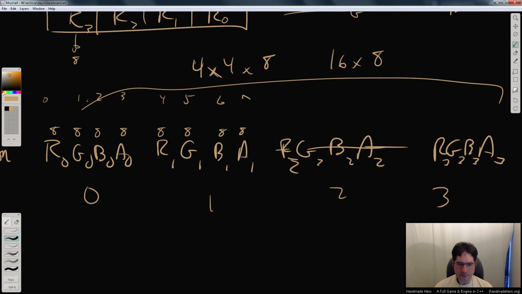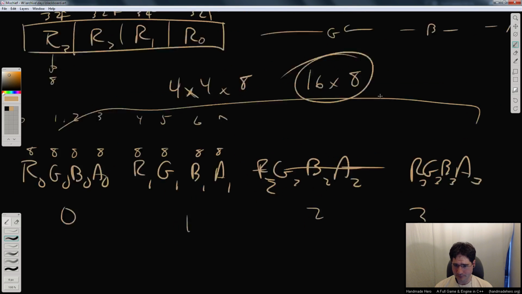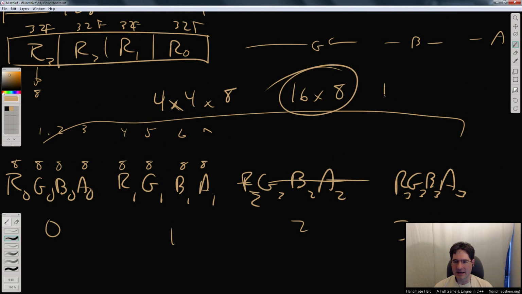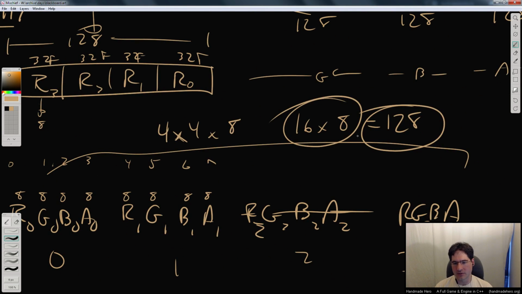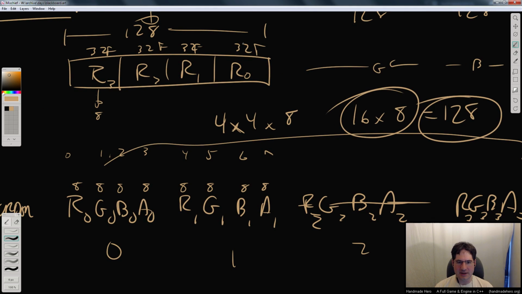All right. So how big is 4 times 4 times 8, right? How big is 16 times 8, right? Well, 16 times 8 is 128, right? It's one of these registers. It's the size of one register. And you can imagine why that is, because in each one of these 32-bit floating point values here, we could have imagined fitting 4 8-bit values, right? Because 32 is 4 times 8, so we can imagine segmenting this register up into 4 pieces